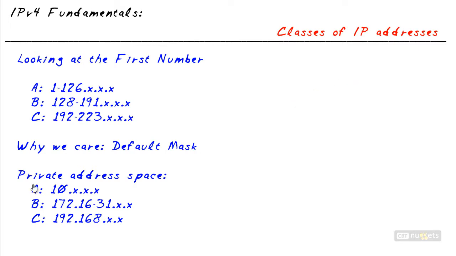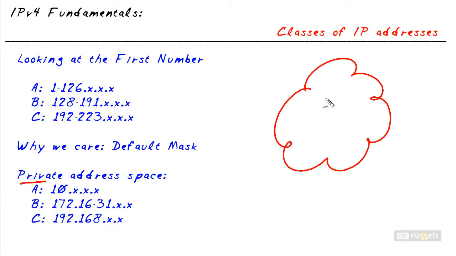So the last thing I'd like to chat with you about is private address space. Let's say, for example, we have the big cloud called the internet. And out there we have a server, a group of DNS servers being represented as 8.8.8.8. Those are DNS servers from Google. Now, if they were using a default mask,